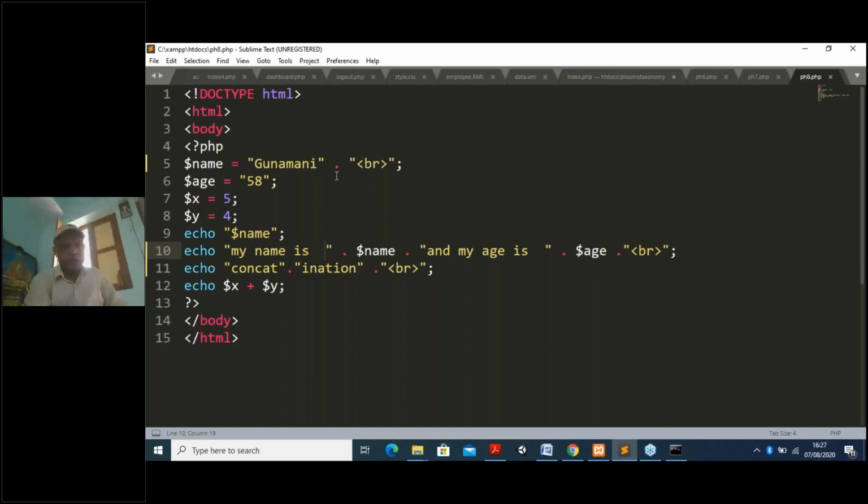So without this double quotation, without the dots, if I am using the BR, it is showing some error because it doesn't understand these HTML things inside the PHP, because the entire thing is HTML, but inside the HTML you are writing PHP codes, and again you are using HTML inside the PHP. So that is a syntax for that one you have to use. That I have used it here.